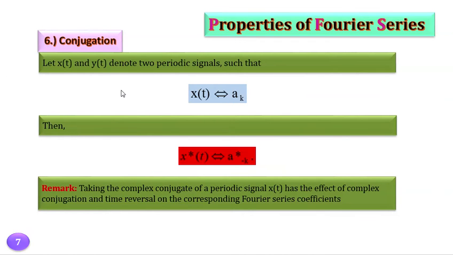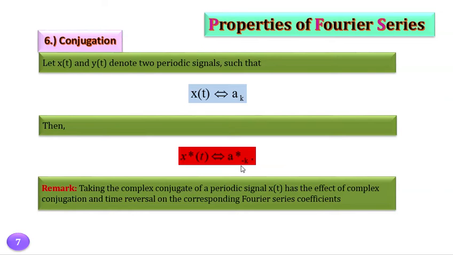The conjugation is also a very obvious thing, because you know what is the conjugate, right? The conjugate of a plus jb in complex numbers is a minus jb, right? So here it says if x of t was indicated by a_k as the Fourier series coefficients, the Fourier series coefficients of the conjugate of x of t is going to be the conjugate of a, but for the minus k,